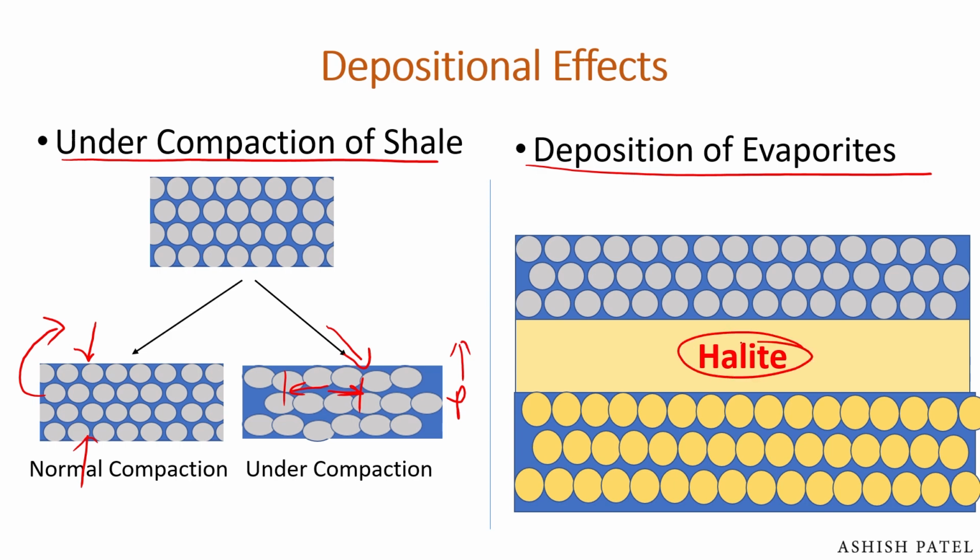Evaporites like halite are formed due to evaporation of seawater. Halite has a plastic, mobile nature and low density. Due to its low density, it tries to move upward, which causes overpressure in the upper layer. Due to its impermeable nature, sometimes the pressure below the evaporites reaches up to the overburden pressure at that point.